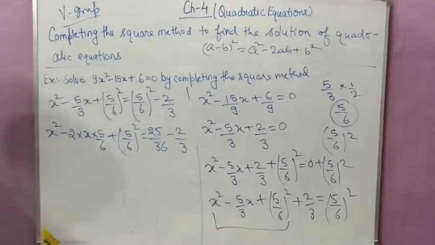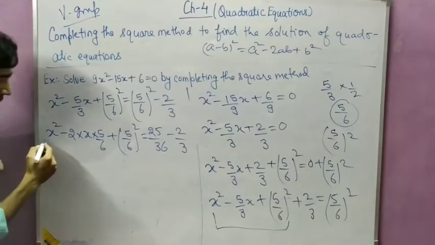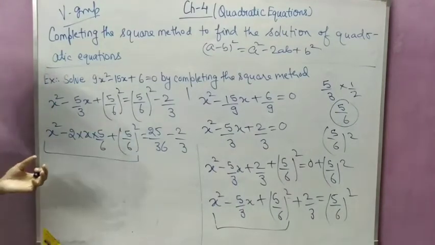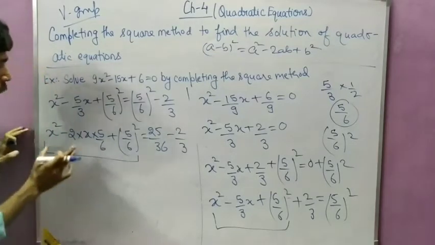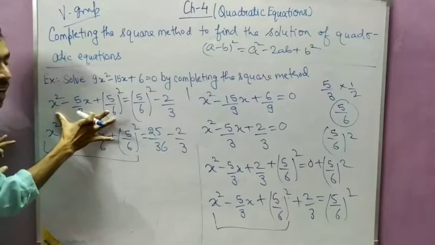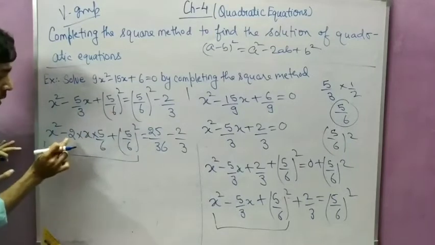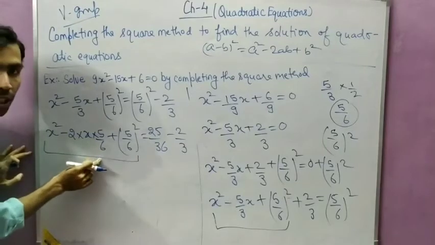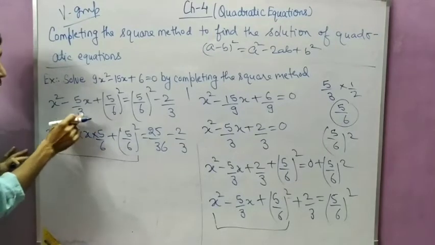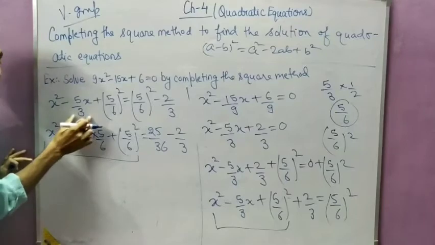Now see student, is it a formula? It is a minus b whole square. You can see it is a minus b whole square, because when you solve it, you will get that identity. When the 2 is cancelled, 6 is cancelled by 2, you will get 5 upon 3 into x. So when you solve this, you will get this only.